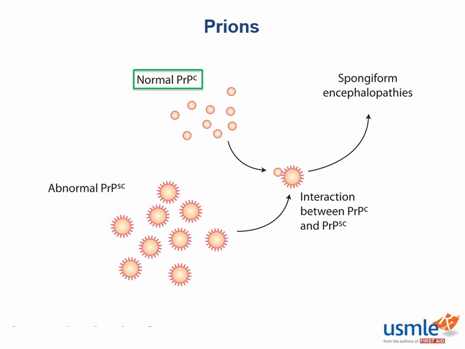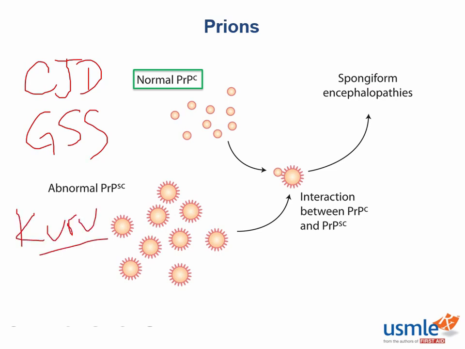encephalopathies. The main prion diseases that are worth knowing for your Step 1 exam are Creutzfeldt-Jakob disease, CJD, which is a human disease related to mad cow disease in cows. There's also Gerstmann-Sträussler-Scheinker syndrome, which is a familial prion disease that is very rare. And then finally, there's Kuru. CJD and Kuru are acquired by ingestion of prion-containing tissue, beef in the case of CJD, and human tissue in